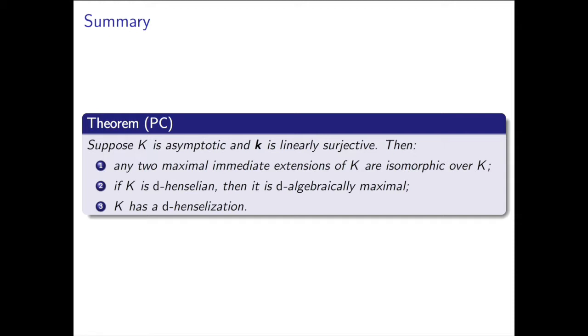Does including the small derivation form some kind of model theory language? In other words, it's certainly a first order property. It's a universal property in the language of valued differential fields, so you might as well put it as a separate model theory. I don't know what you mean by that. Well, you have a theory of differentially closed fields, so you have a theory of valued differential fields with small derivation. Sure, yeah. That's what we're looking at. This is kind of going on in the background: trying to study the theory of asymptotic valued differential fields with small derivation.